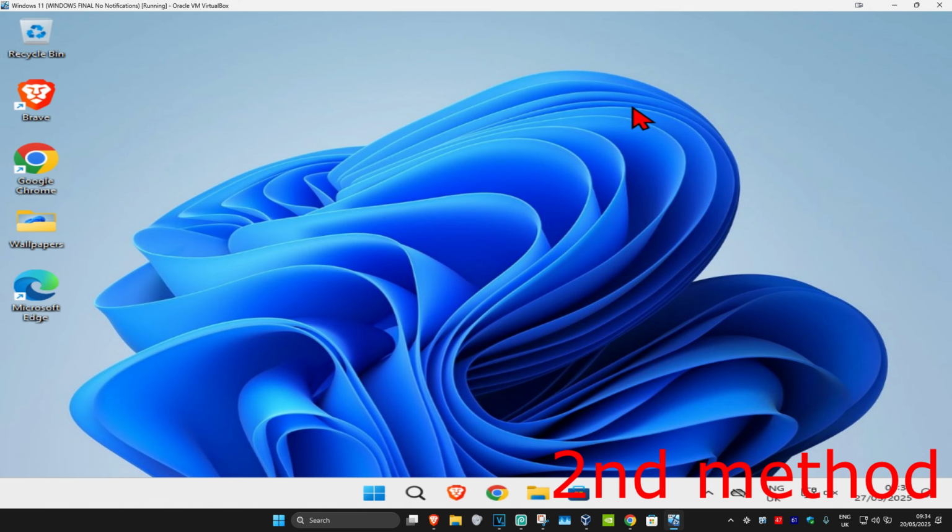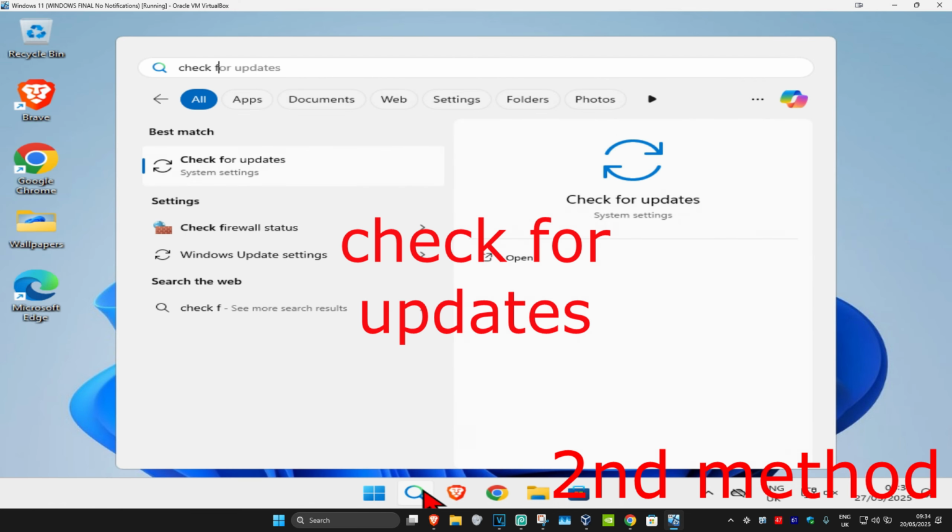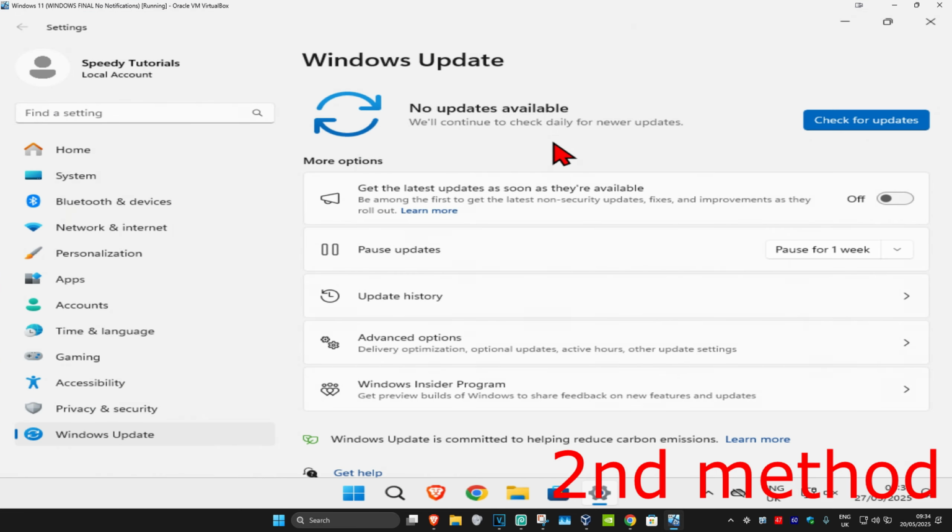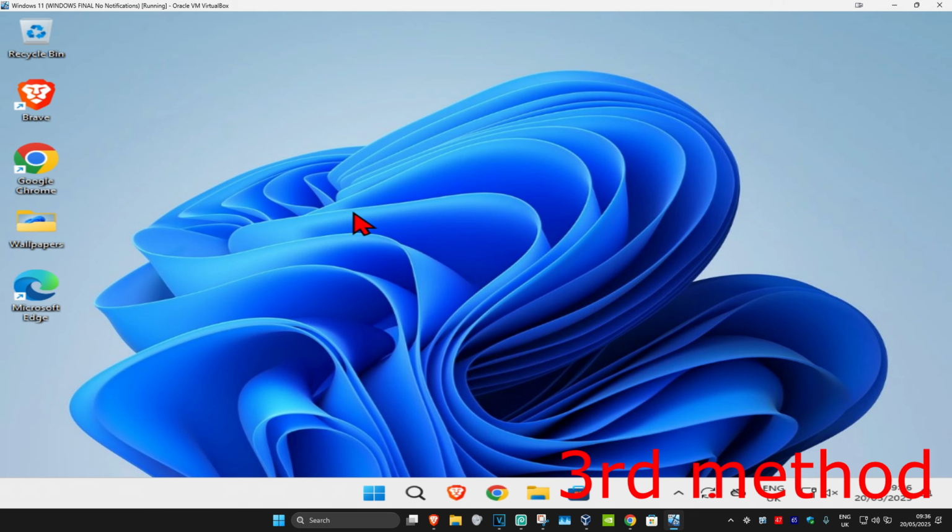For the second method, you're going to head to search and type in check for updates. Click on it. And then once you're on this, you're going to click on check for updates. Make sure that your computer is fully up to date. See if that works. If that's still not working, then for the last method, you're going to head to